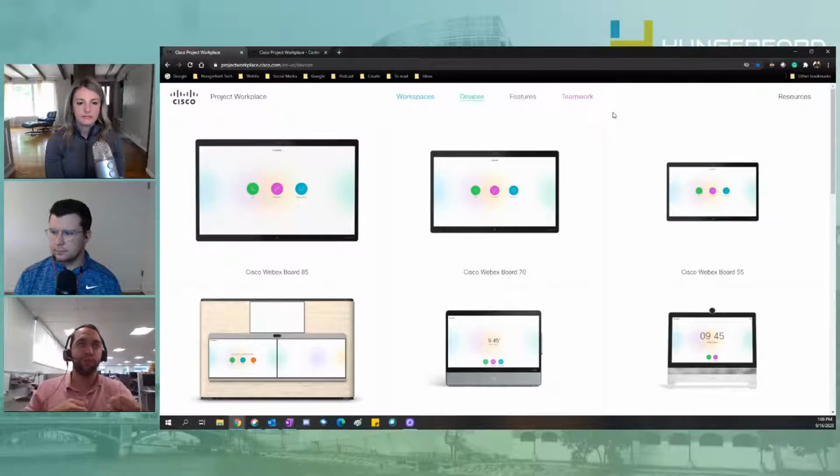And then if you get one of those wheeled carts as well, you can wheel it around to different spaces in different rooms. The nice thing about all of the Cisco endpoints is there's a minimal amount of cords. So for Room Kit, we have Room Kit in one of our conference rooms. There's 3 cords. There's your HDMI cord, there's the power cord, and then there is the internet cord that hooks into the device. And you can add some additional things from there too, but it really makes it simple,